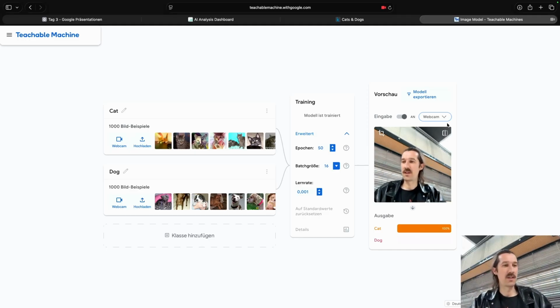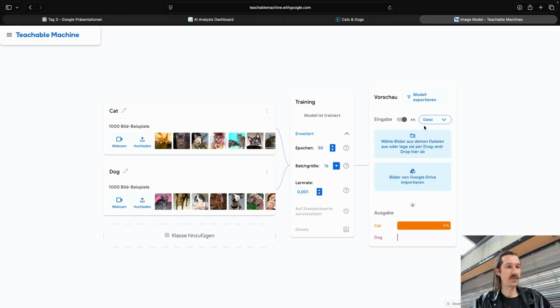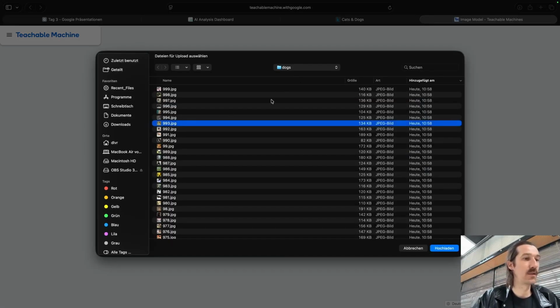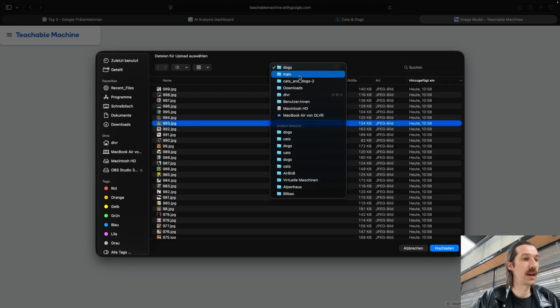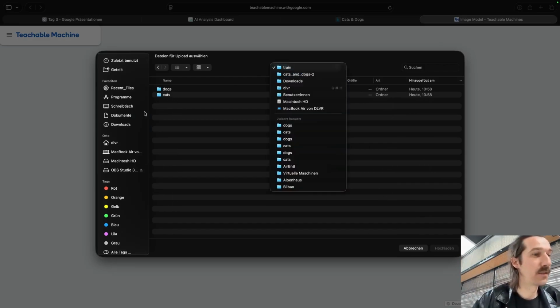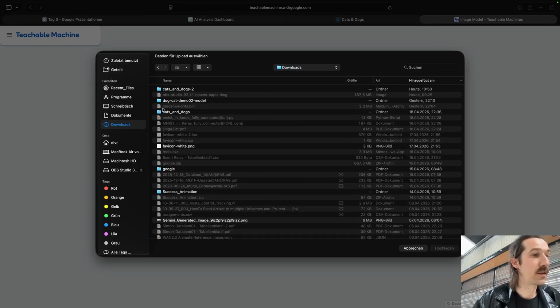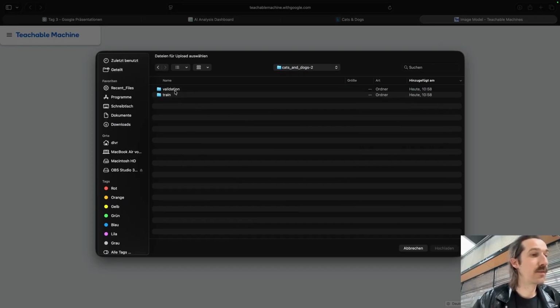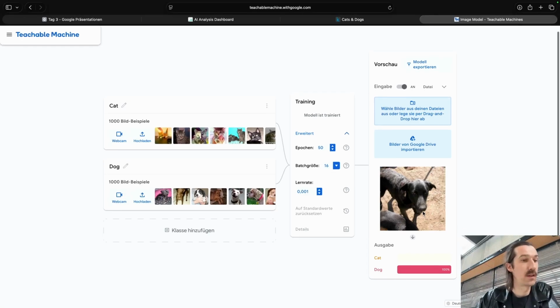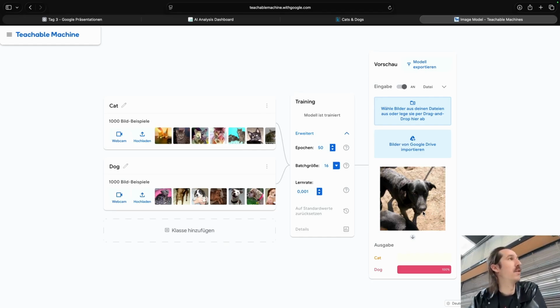However, we are just interested in images first of all. So I can upload an image now. And now I can obviously also use one of them here, but again, we would like to show the network an image that it has never seen before, so therefore we need to go to the validation data set. I'm going to go into dogs, just select a random image, upload it, and we can see that this one got classified as a dog, so it seems the network is working well.